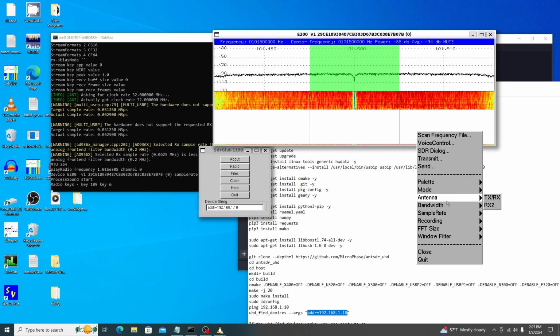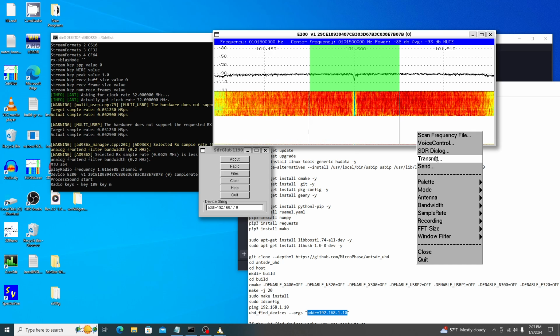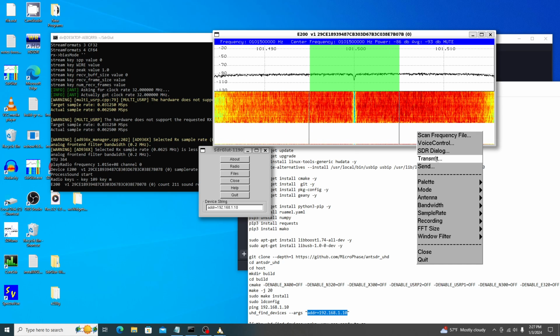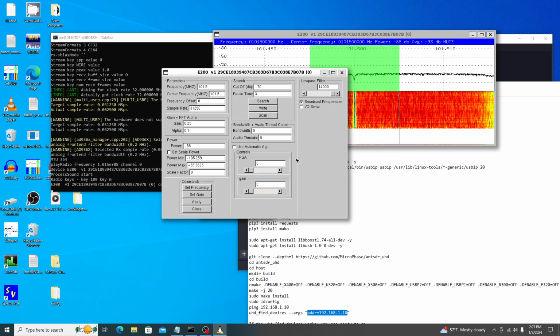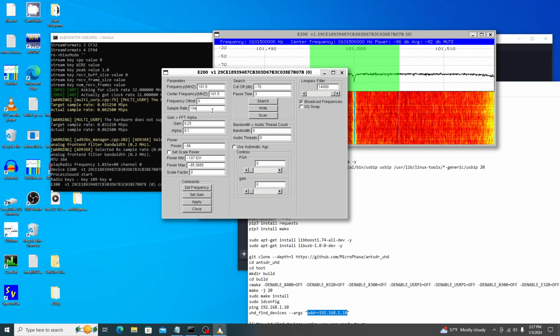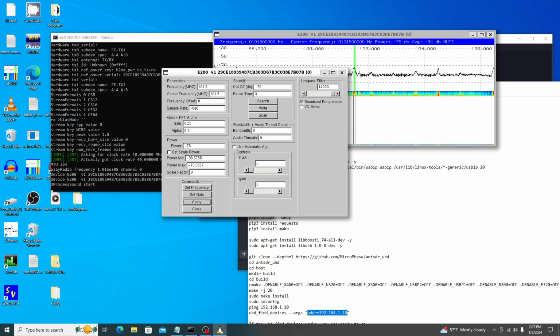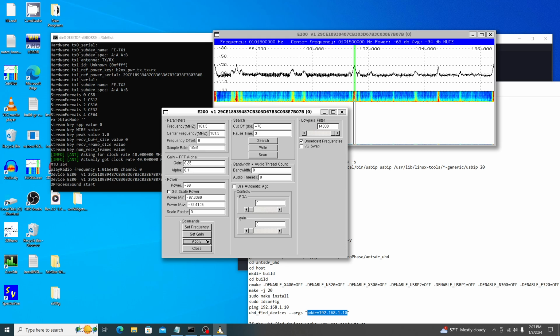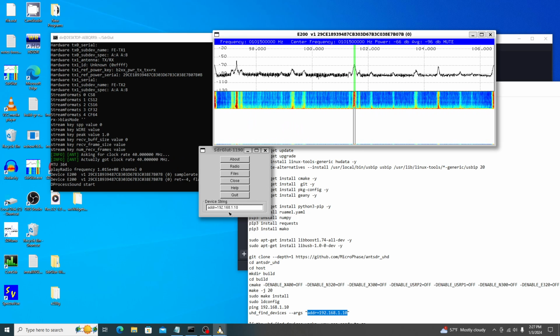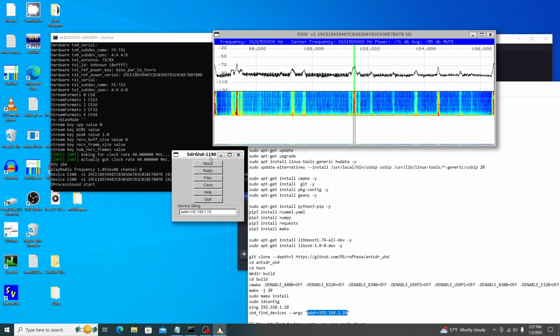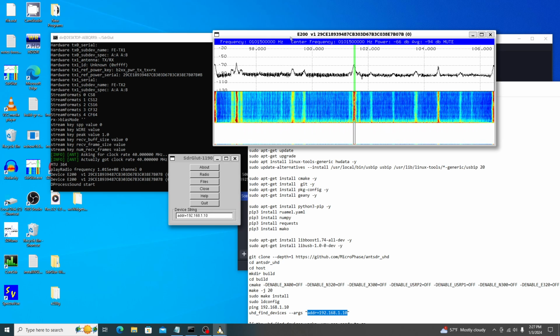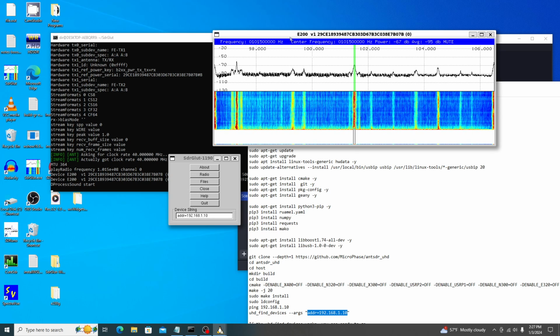Problems bringing up the window with too small of a bandwidth, too small of a sample rate. So we go here and kick the sample rate up to 10 megasamples per second, 10E6, apply. And there we're at 10 megasamples per second, close. It's on mute now, and so I'll turn it off of mute. I didn't know this was working, but it turns out